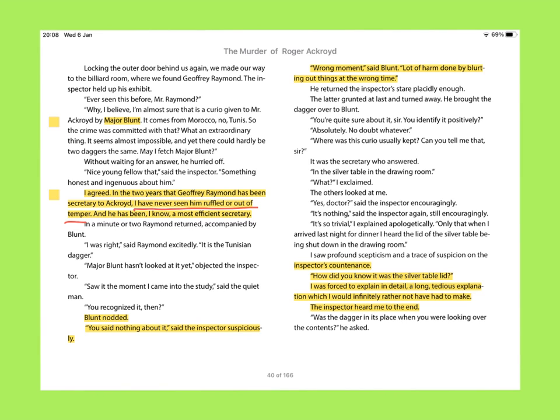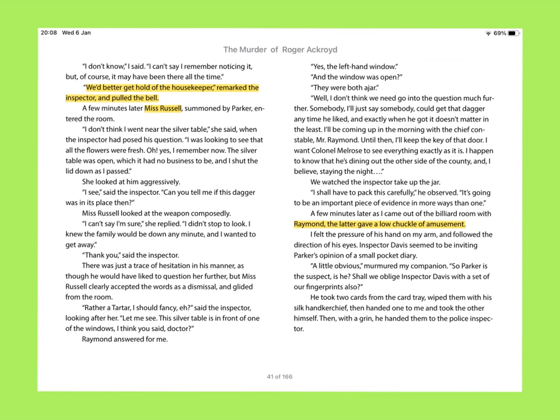So if we're looking at Blunt in terms of reticence and withholding information, then we have someone who's far superior to Blunt than that, Dr. James Shepherd. Quite a simple page, really, in terms of adding further suspicion to multiple characters. I won't dwell on that too much coming forward. I'll just leave them in yellow, but they're there for you to see.